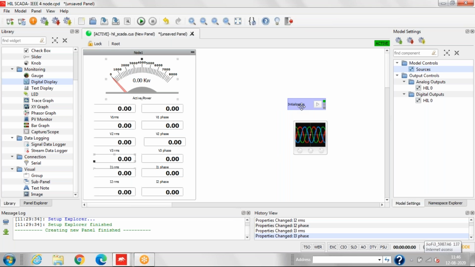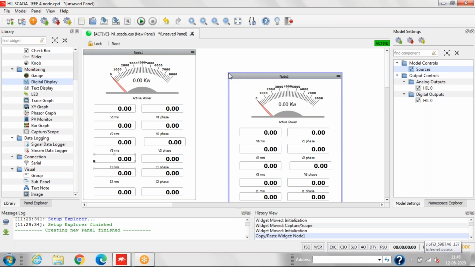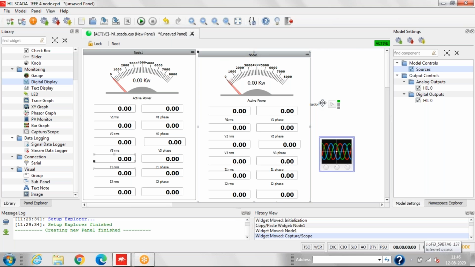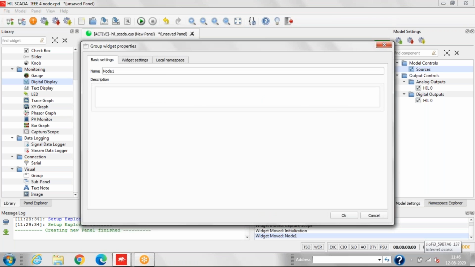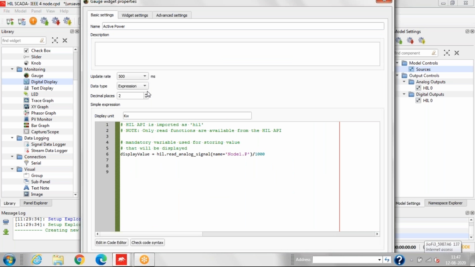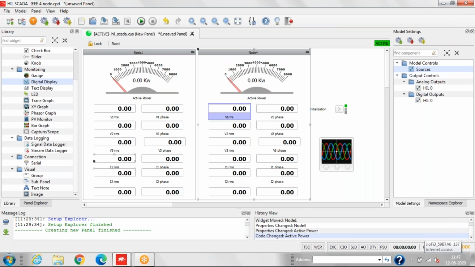If we want to similarly do this for node 2, node 3, node 4, what we can do is just copy this one and paste it there. Now we can do that. Similarly, I'll take only node 1 and node 4. Others you can do as per your requirement. So we'll change here. We'll change only the node.